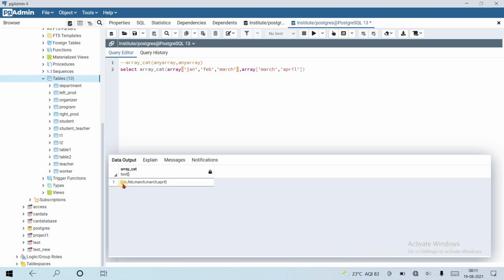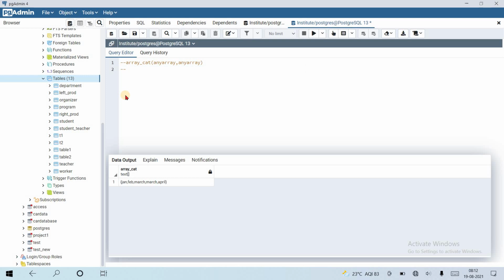It concatenates January, February, March, April. So these two arrays are concatenated using the array cat function. So if you want to concatenate two arrays, you can use this array cat function. These are array modification functions.